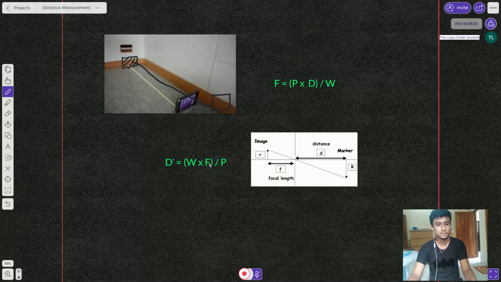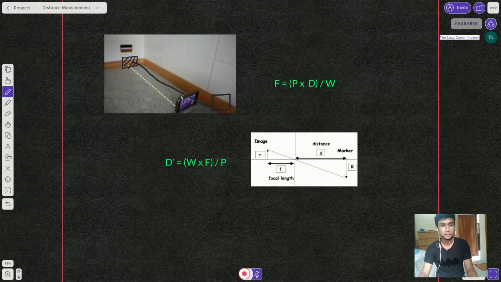So our focal length is 10, our pixel is also 10, and the width was, I think, also 10. So 10 times 10 divided by 10, so we got our distance 10. Previously we got our distance 5, and now we got our distance 10. This is a random example with no predetermined value, so the result may seem peculiar. If this distance is equal to 5, this distance is obviously not going to be 10. But I think you have got the algorithm.